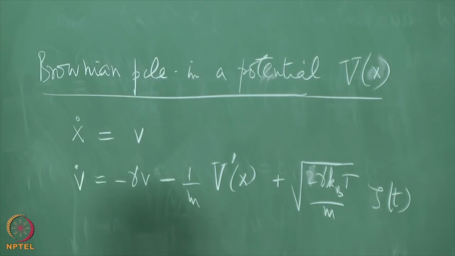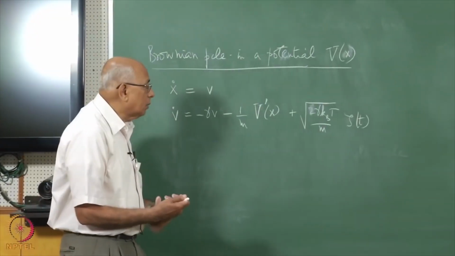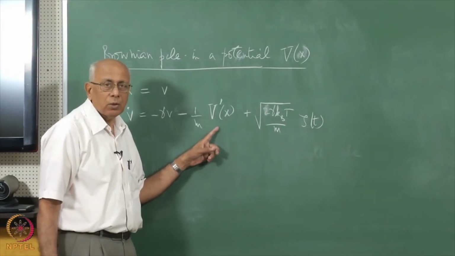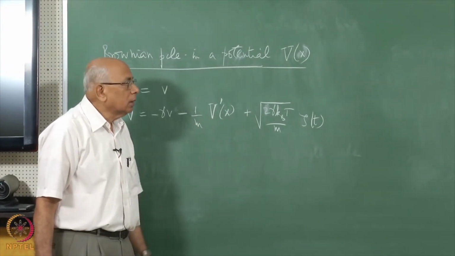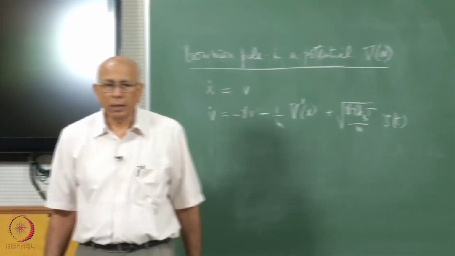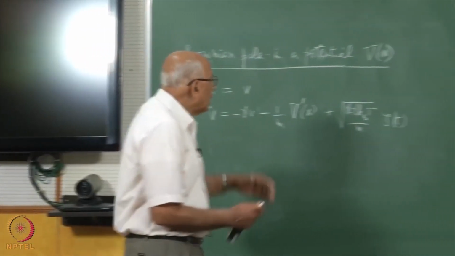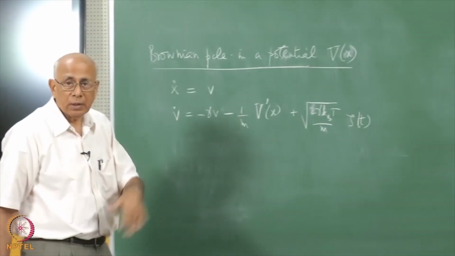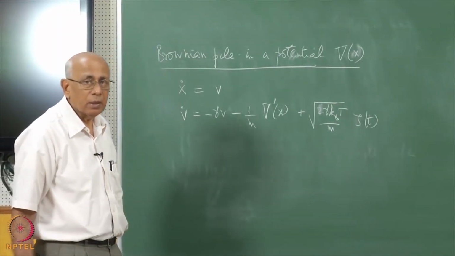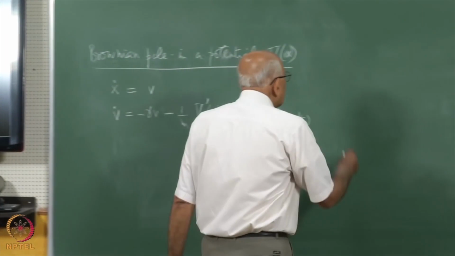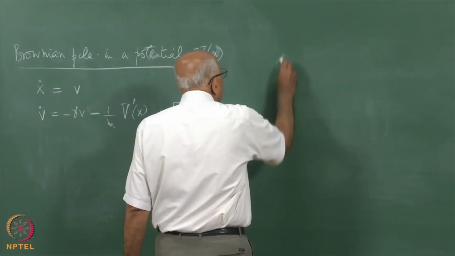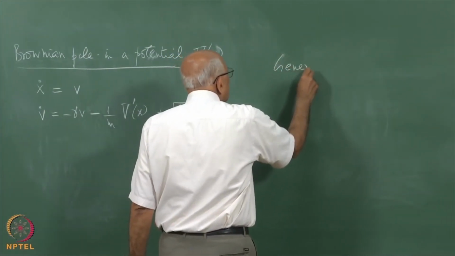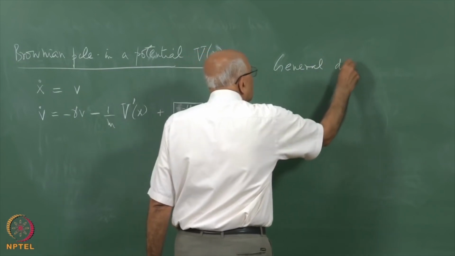Now what is the way in which we write down the Fokker-Planck equation? We can't do what we did earlier because we have this fellow, which is a nonlinear term. So the general correspondence goes like this. We do not care what the dimensionality of our phase space variables is, it could be n dimensional in general. So let us write the general Langevin equation, general diffusion process